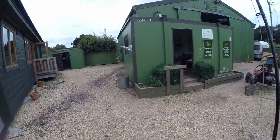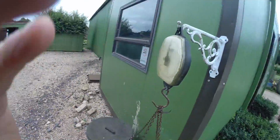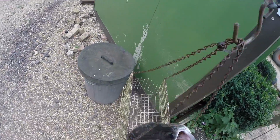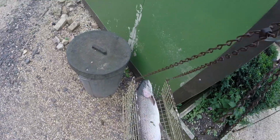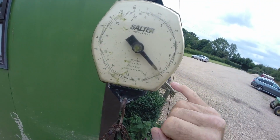Well, boys, there's the scales. And you know, I've carried this down from the other lake. I'm putting this fish on now, maybe £8+, I don't know. It is a big lump. Let's get it in there. It must be close to 8. It is indeed